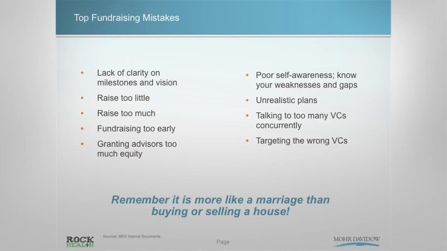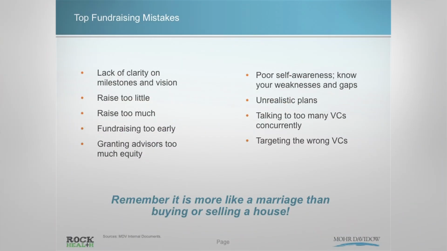So on the left-hand side, the lack of clarity on milestones and vision. If you haven't heard it already, plan your milestones, plan your budget, and plan your stock options, and really build yourself a spreadsheet and model it. So it's actually a very useful skill to have in running the company, but it's something that a lot of people don't think about. Because if you don't have the clarity, you might raise too little, which means you may end up with a flat round, which wouldn't be such a good thing at the next round, or you may raise too much and take too much dilution.